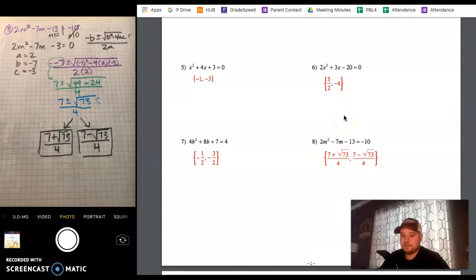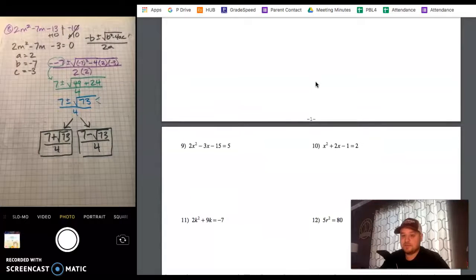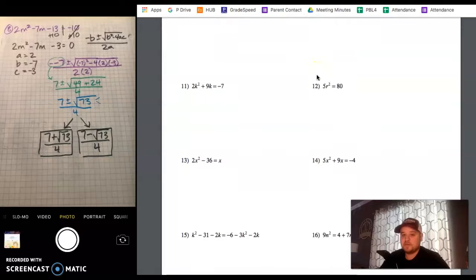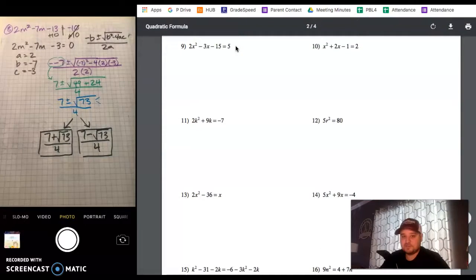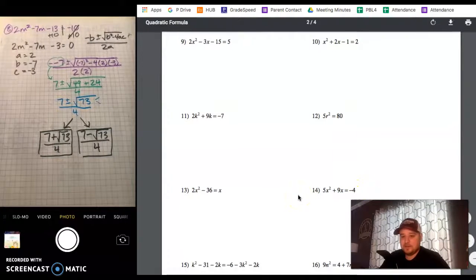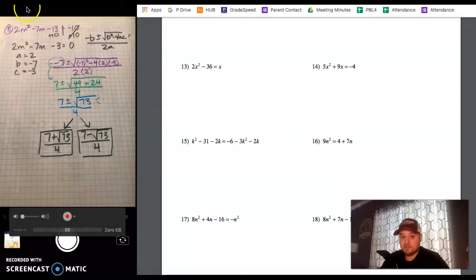Okay, now let's look forward to some of the problems that are at the end of this, because we know that they get tougher and tougher as you go, right? So most of the back page, you'll notice the first thing that you're going to have to do, none of these are equal to 0. So you're going to have to subtract away that thing that's on the right side, all right? And then a lot of these are also going to be versions where you're not going to be able to get rid of the square root, okay? Feel free to come to office hours for those tough ones. I'm not going to do them on